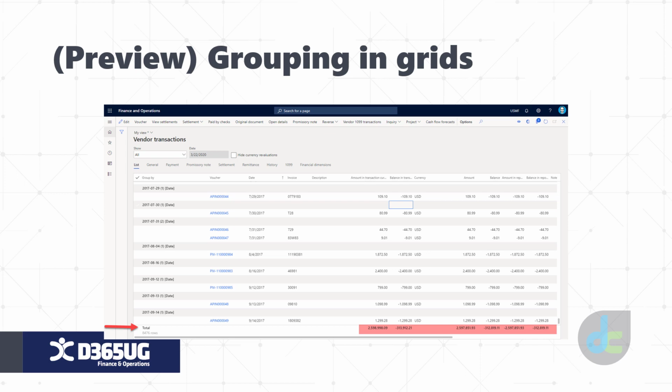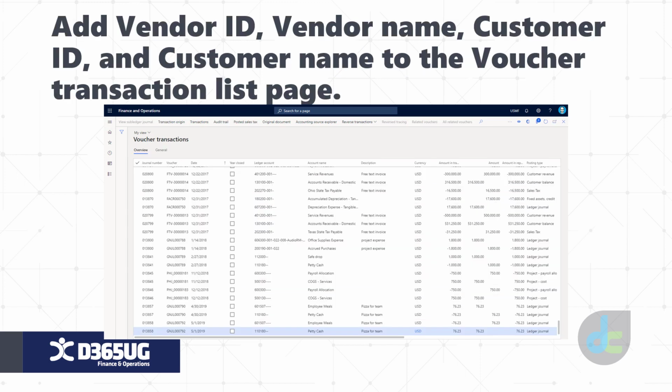So with this, you could potentially create a view for a form and turn it into something that's sort of like a report that you could share with other people to give them an Excel-like view of what's going on for a particular entity or business process or whatever the case may be.